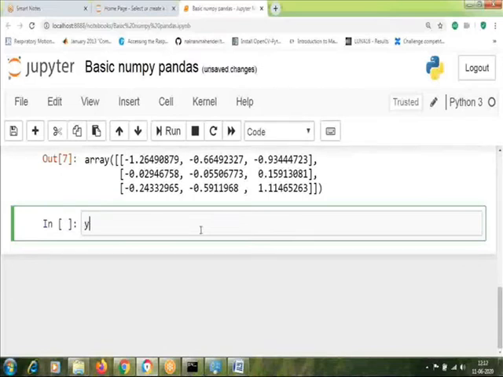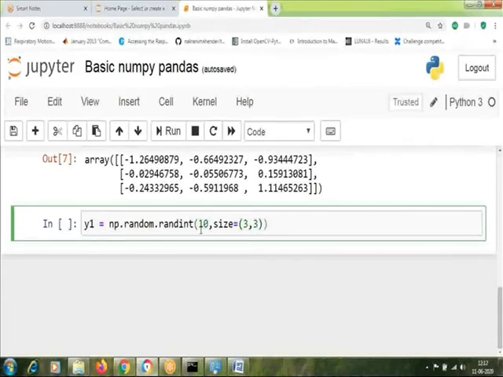Let's say the first matrix is y1. From the NumPy library, random. And from random, we want only integers, so randint is the function which we want to use. Then I want a maximum value of 10, so I will give it as 10. Then I want a size, let's say a 3 by 3 matrix itself. So 3 comma 3.